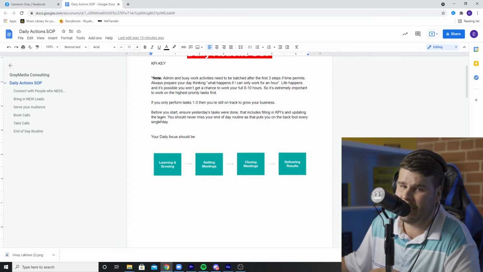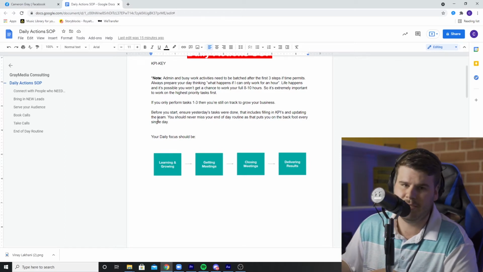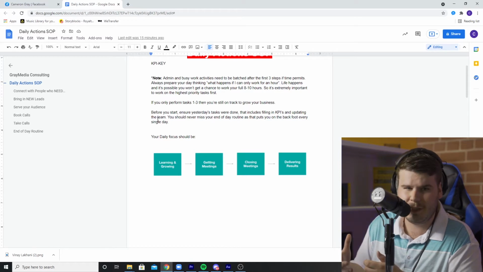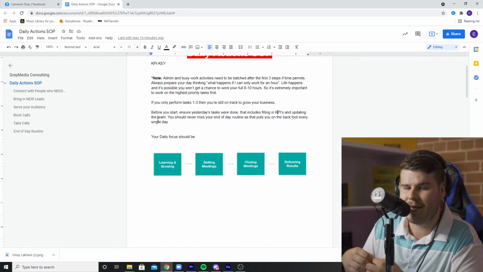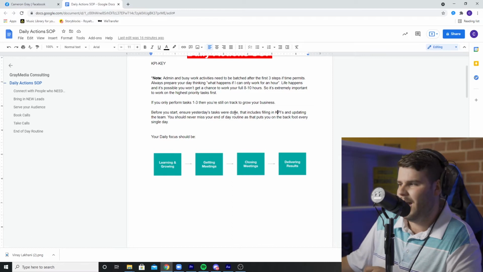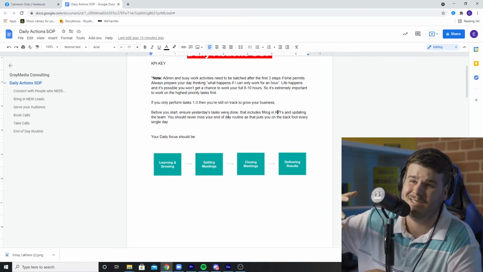And update your team. If you guys don't have a team yet, start building. One thing that I really learned is to build your business from the start how you want it to look if you had 100 employees. When you get to 100 employees, it's going to operate the exact same way. It's much easier versus changing all your SOPs and changing the manual to your business. So build your business as if it was the size that you want to be at.